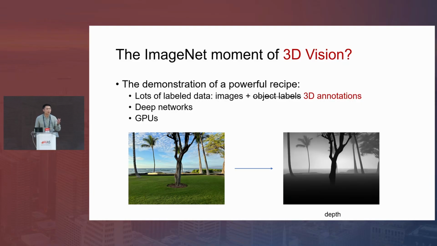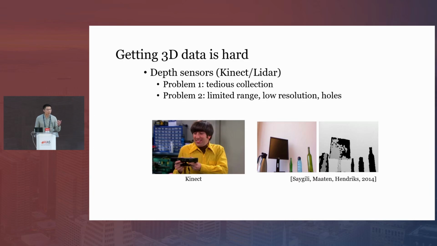However, getting 3D ground truth turns out to be very difficult. Consider how you would go about this normally. You would probably want to use a depth sensor in addition to an RGB camera. However, it's well known that depth sensors are very limited. They do not work outside a certain distance, and they do not work on certain surfaces. For example, if the surface is specular or transparent, then you will not get depth values. As a result, high-quality data, especially high-quality depth coupled with RGB images, is very, very limited.